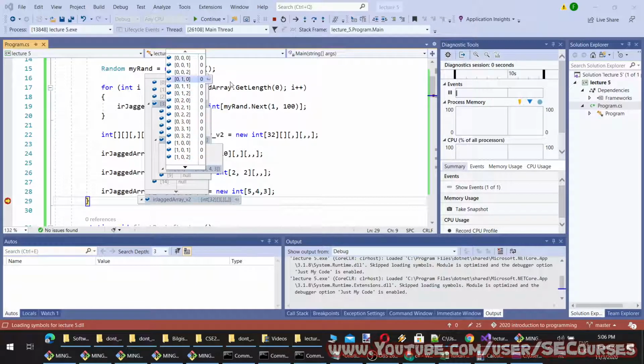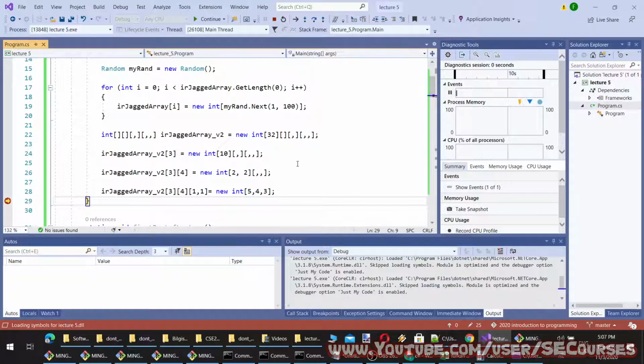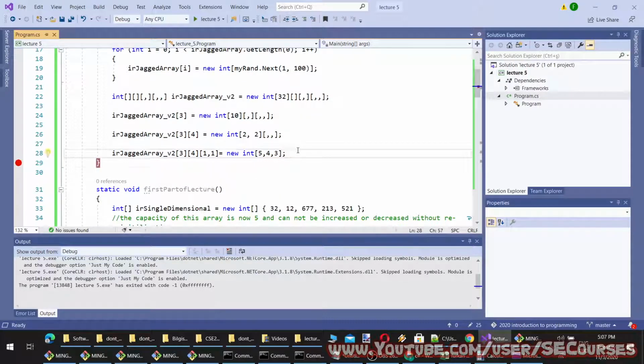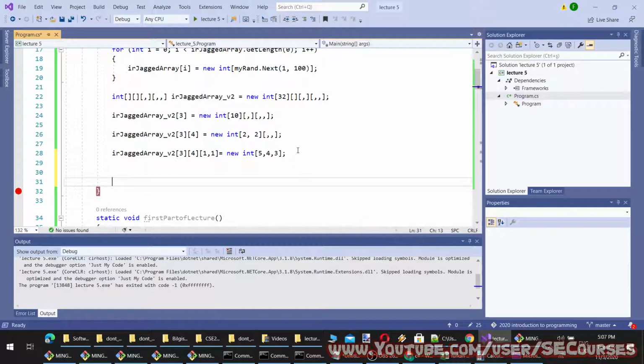This is a three-dimensional array. So this is possible, and it is really confusing, and I don't suggest you try to use it at the beginning. This is some expert level. Also, it is harder to read. However, if you work in future with such cases, you can use jagged arrays.